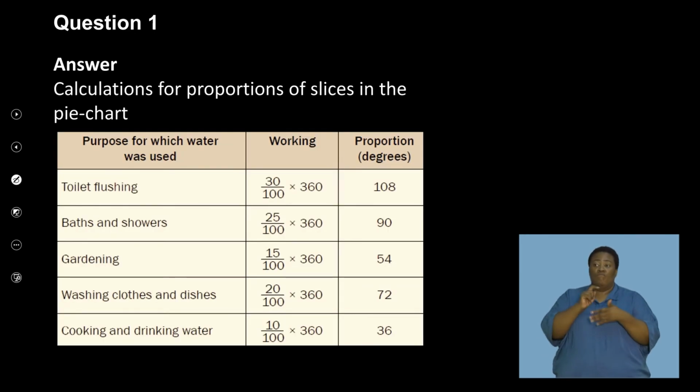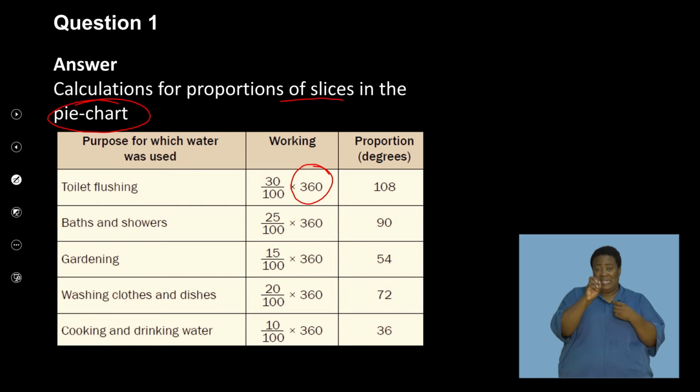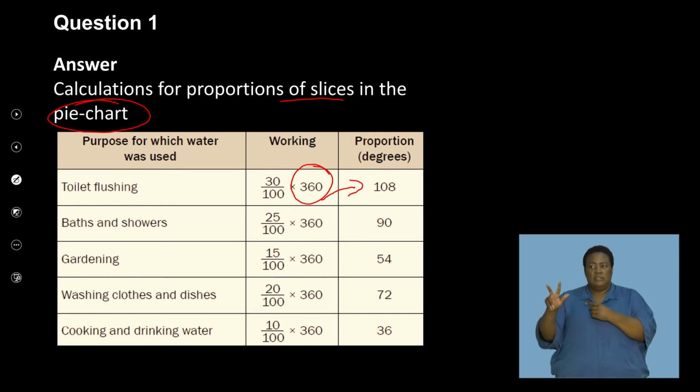So the calculations for proportions for each slice are shown below. Remember that, because this is given to us as a percentage, we've got to work that out as a proportion out of 360. So remember that 30% was used for flushing, so that's 30 divided by 100 times 360, and that gives us a value of 108 degrees. And we use the same rationale for calculating the 25% as a proportion of 100, and we multiply that by 360, because we know that a pie chart has 360 degrees, and so that gives us 90 degrees